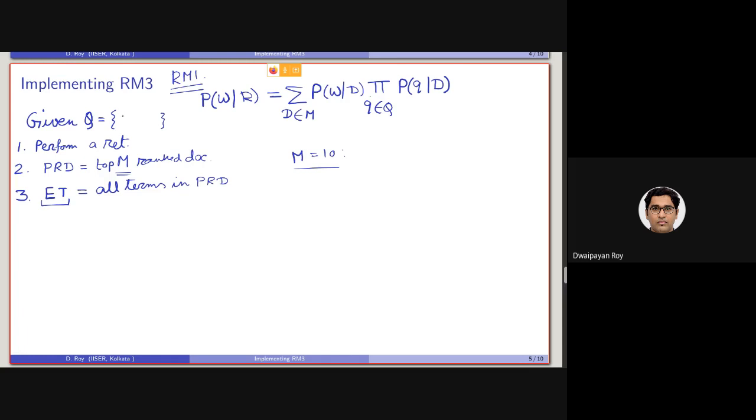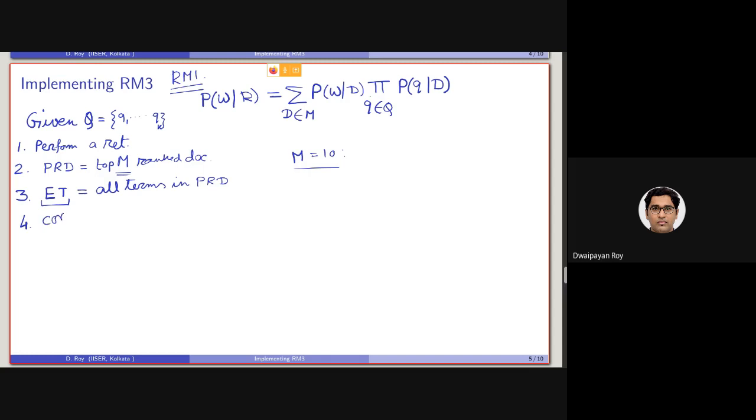Note that the initial query is containing say k term. Our ultimate target is to select more terms to be added to Q in order to make extended Q, that is expanded Q, and finally using those terms together with the actual query, using those expansion terms to perform an extended retrieval. So basically step 4 of RM1 is